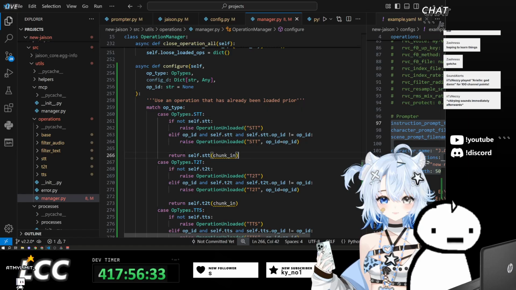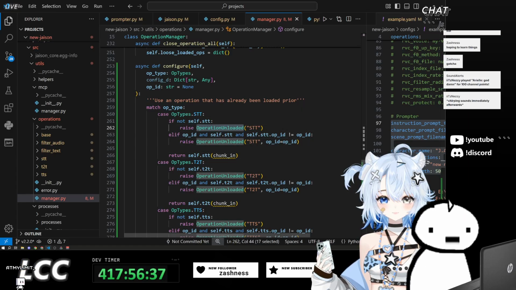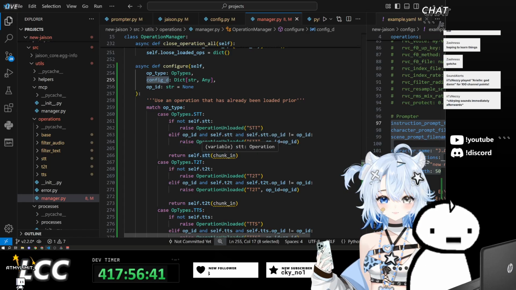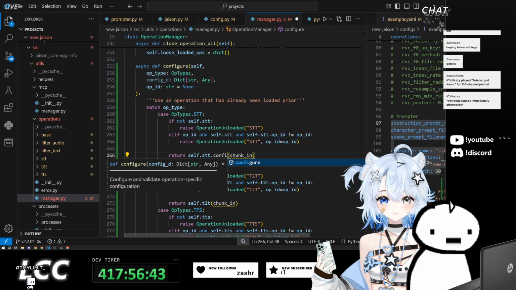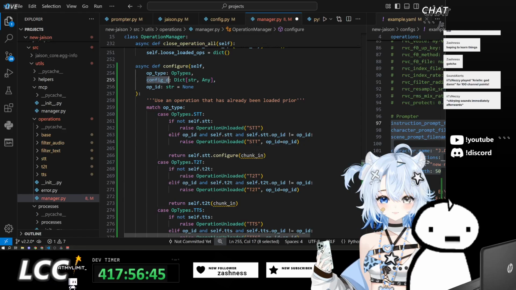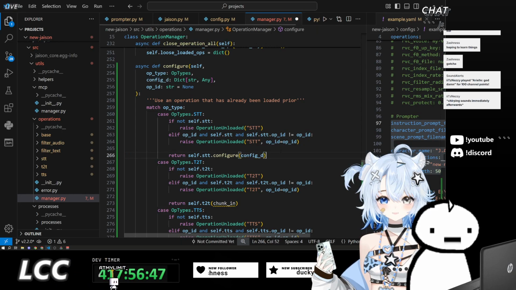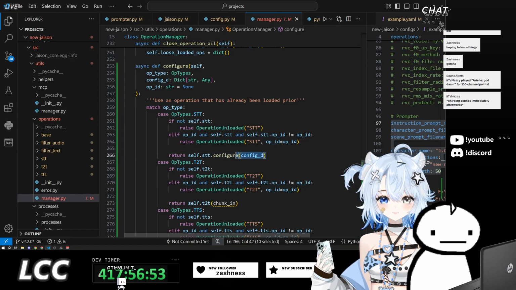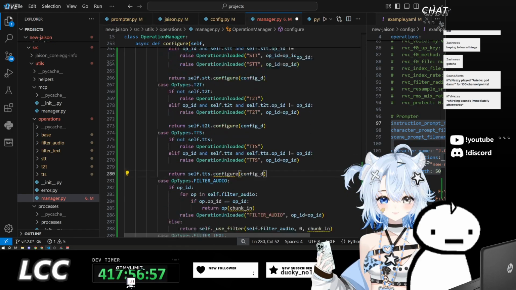Otherwise, we send operation unloaded, and then we can configure. So self.speech-to-text.configure, and we send in the config dictionary, and that should be okay. If an error throws here, this will get propagated out, and that should be okay. This shouldn't be too hard.